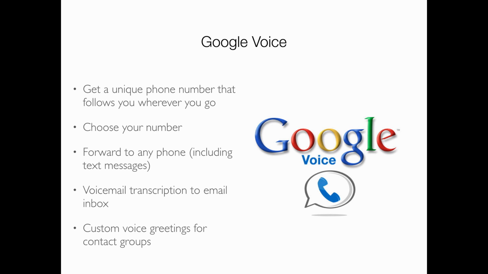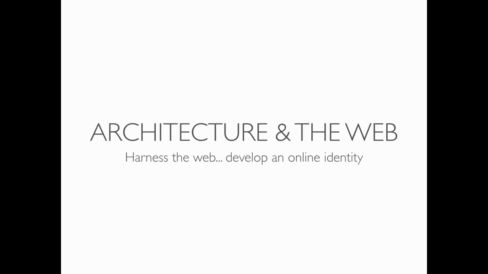If somebody leaves you a voicemail on that number, it'll transcribe it and text it to you and say what they said, so you don't actually have to listen to the voicemail. It's pretty cool. It's free, and you can set up custom greetings and whatever on it as well. So when you guys text me that number that I gave you, it's actually texting my Google Voice number. It happens to forward directly into my phone, so I still see it as a text message, but I didn't give you my actual phone number, which is kind of nice. So I reserve that for me. So it's out there. It's something you can play around with if you want.